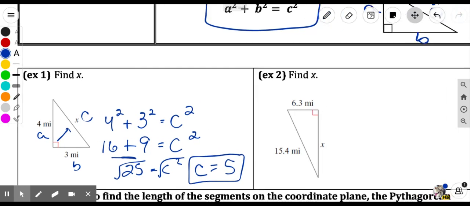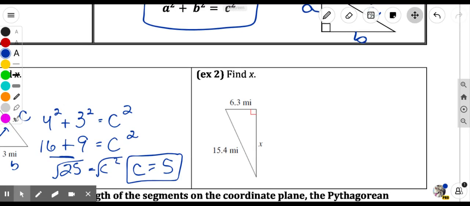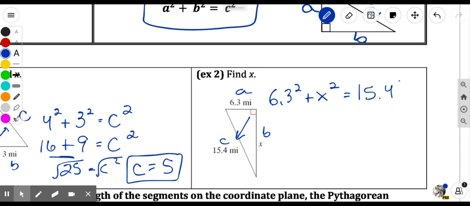Okay, so that's our first example. Our second one, again, you first want to identify your A, your B, and your C. So here is my C. I'll call this one A and this one B. So we're going to have 6.3 squared plus x squared, or you can say b squared. It doesn't matter if you say x or b, equals 15.4 squared. Okay, then you're going to square 6.3 and 15.4. So 6.3 squared is 39.69 plus x squared equals, and then 15.4 squared is